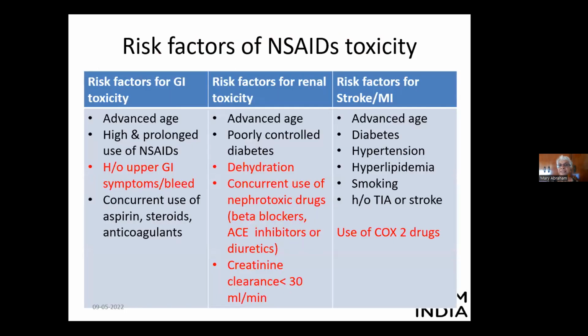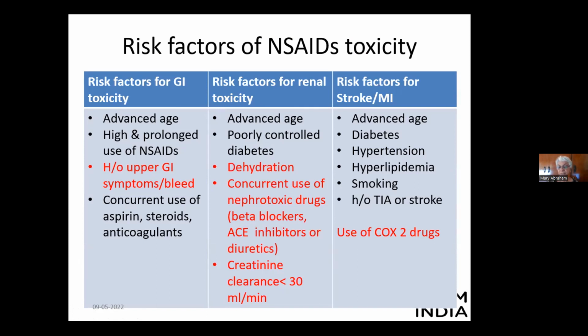So if you look at the risk factors for NSAID toxicity, there are many. I will just highlight the ones in red. For GI toxicity, you can have GI bleeds. In renal toxicity, you should avoid dehydration, and particularly when the creatinine clearance is less than 30, you have to be very cautious and avoid NSAIDs. And if there are risk factors for stroke, like hyperlipidemia, smoking, history of TIA, diabetes, hypertension, then you should avoid